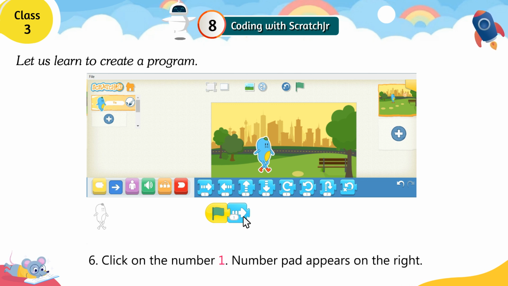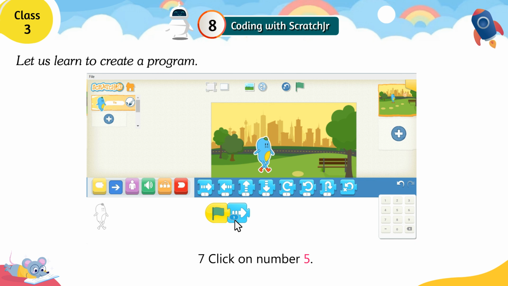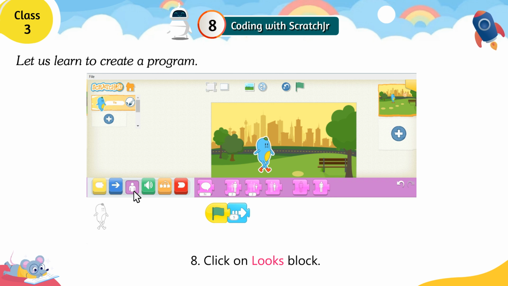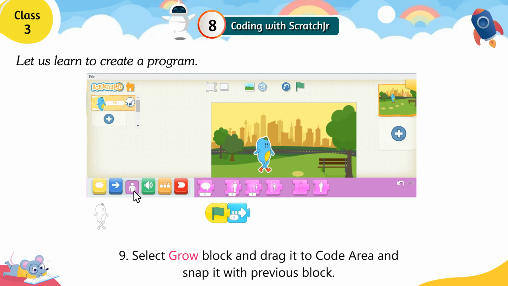Step 6. Click on the number 1. A number pad appears on the right. Step 7. Click on number 5. Step 8. Click on looks block. Step 9. Select grow block and drag it to code area and snap it with previous block.